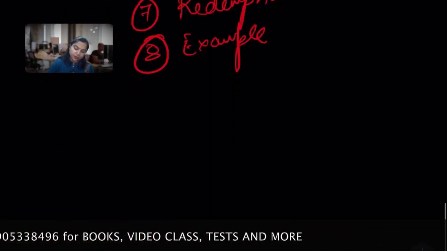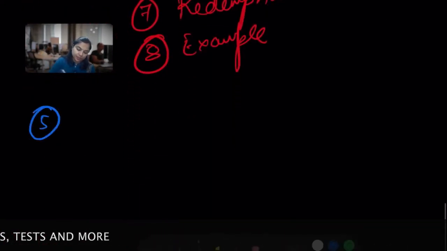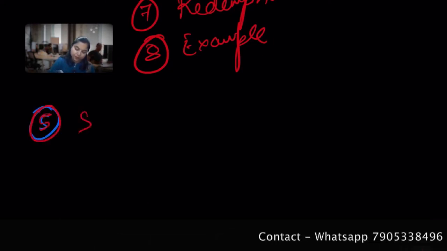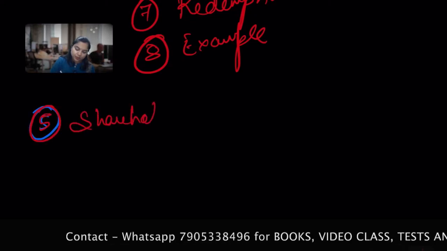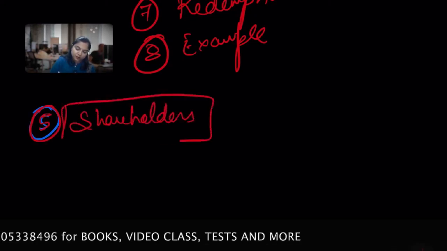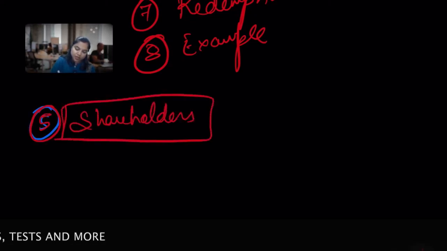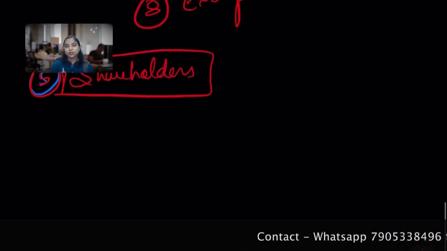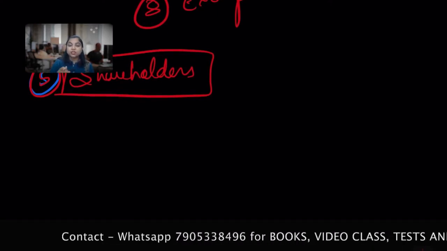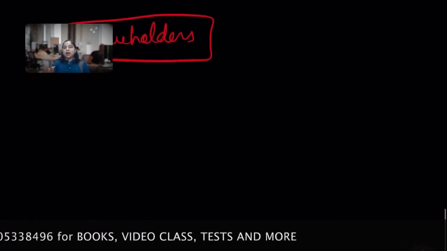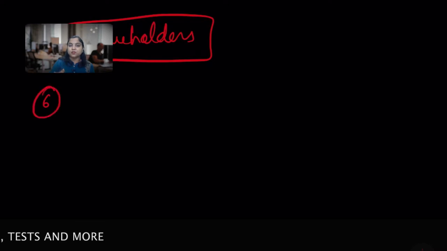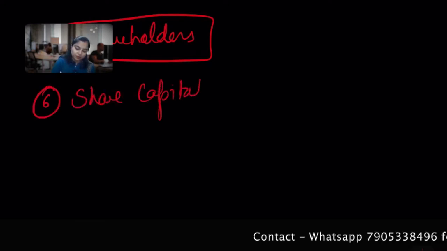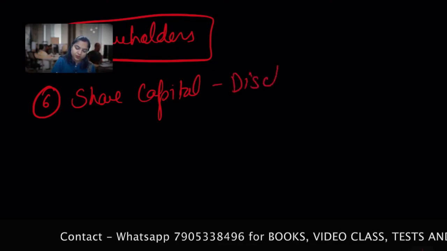So these are the major points. Share capital, fourth one, and fifth one, shareholders. Okay, we learned about this. And in case of share capital, we learn about the kinds of share capital and every detail of share capital. These shareholders carry this capital. So we'll discuss the different parts or disclosure requirements of share capital. Share capital disclosure.